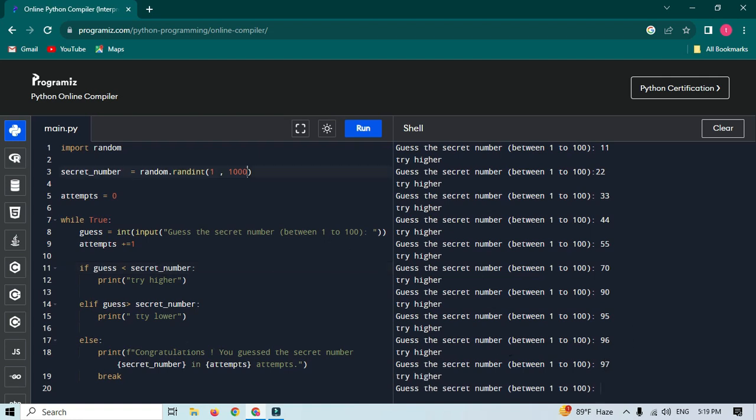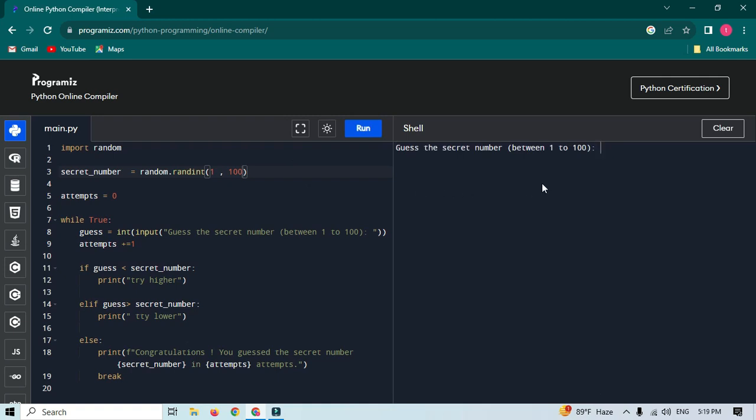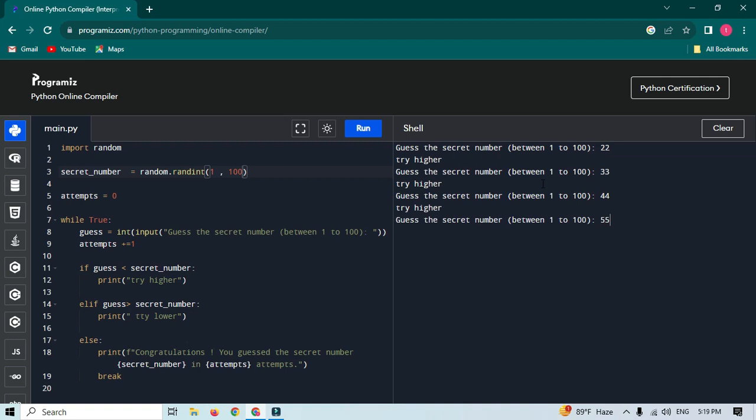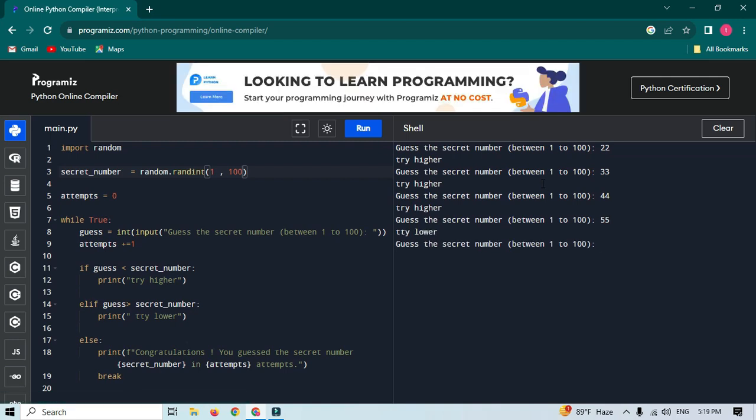Oh my god, I gave it here 1000. I'm gonna reduce this to 100. First 22, try here 33, try here 44, try here 55, try lower. I think the number would be 44 to 55, so I'm gonna give it here 47, try here 50,